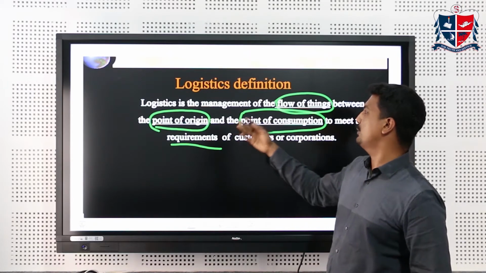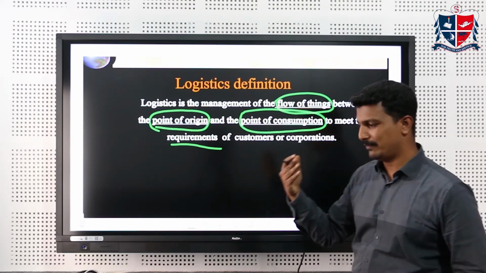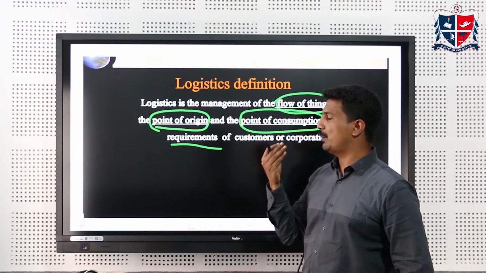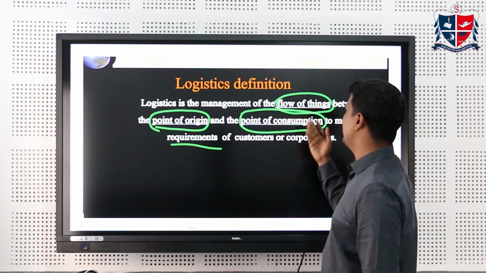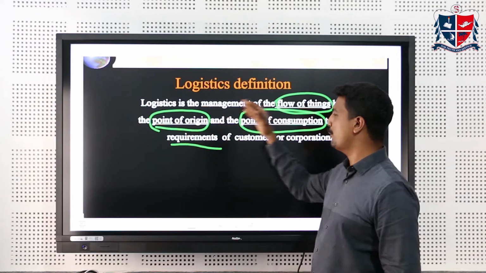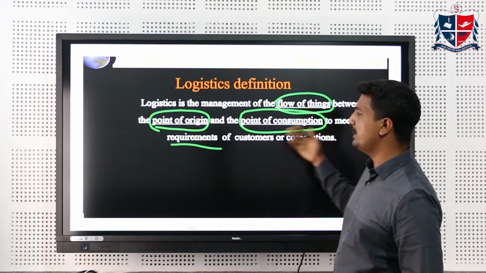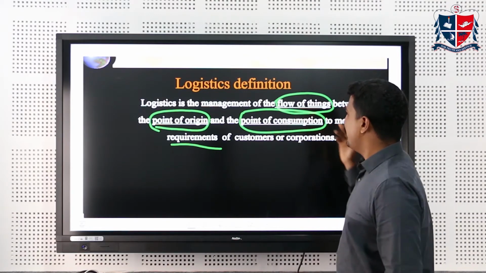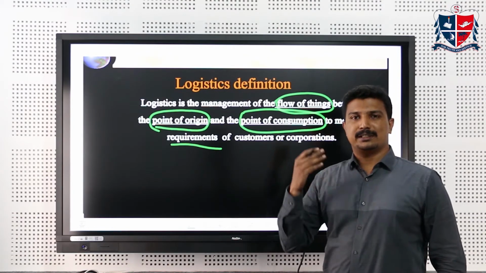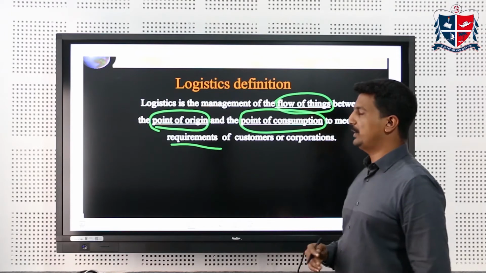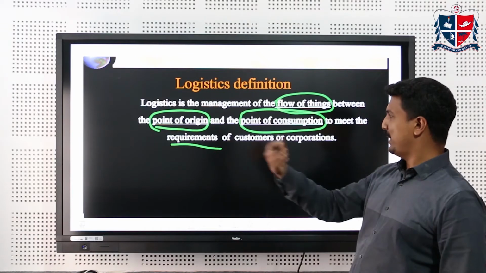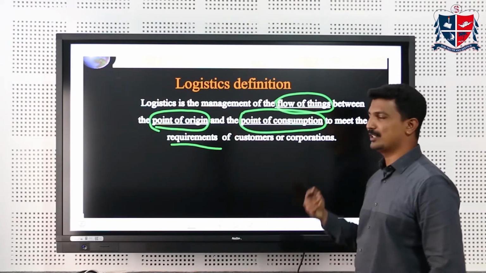They have to flow the things, whatever the thing is. If it is the screen, or any components like batteries, anything, they have to flow from the point of origin to the point of consumption to meet the requirements of the customer or the corporation. So when we look at the phrase flow of things, how the things have to flow from the point of origin to the point of consumption,